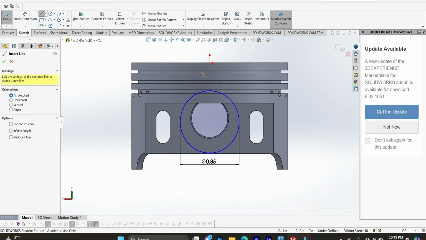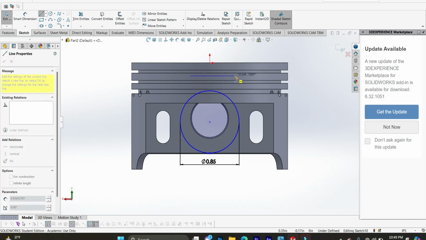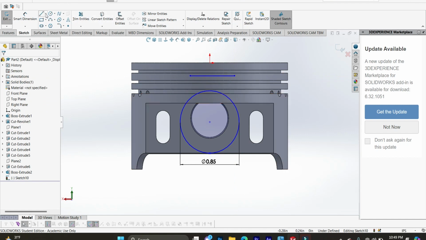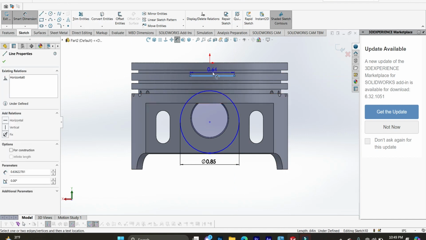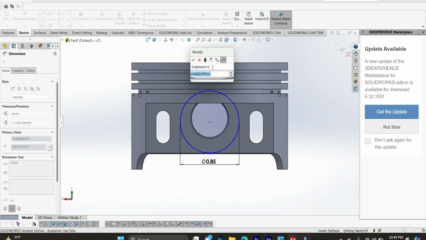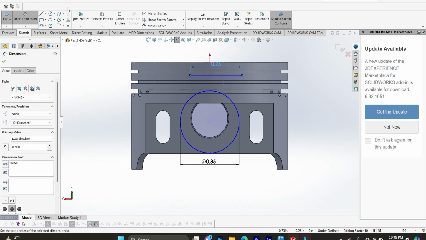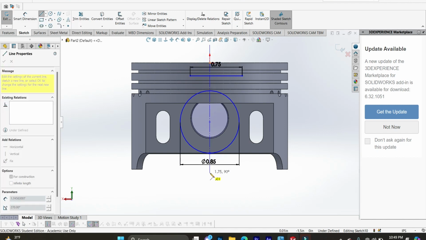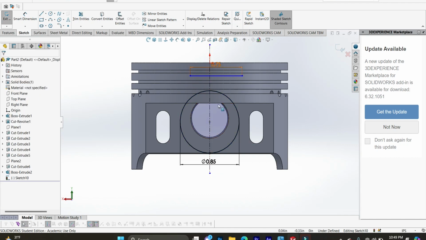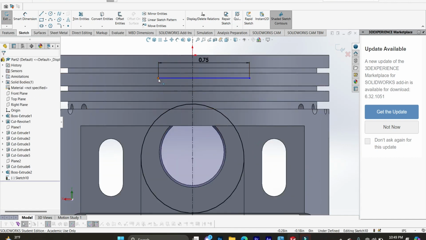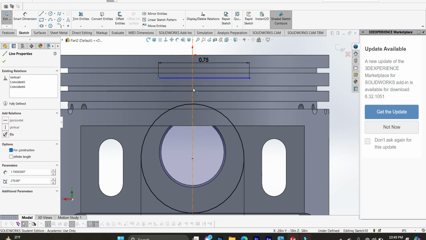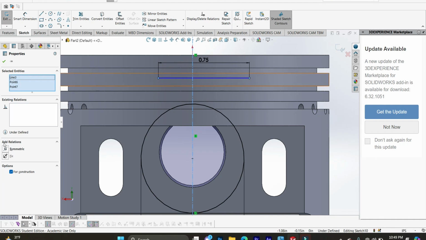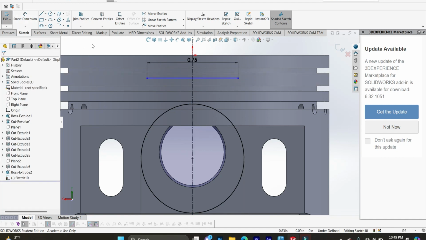Then select the line tool, go up here, draw a horizontal line, give it a dimension, a length of 0.75, and then draw a center line that goes through the origin and the center of the other circle. Now hold your control key, select that point, select this line, and select this point, make symmetric. Okay,